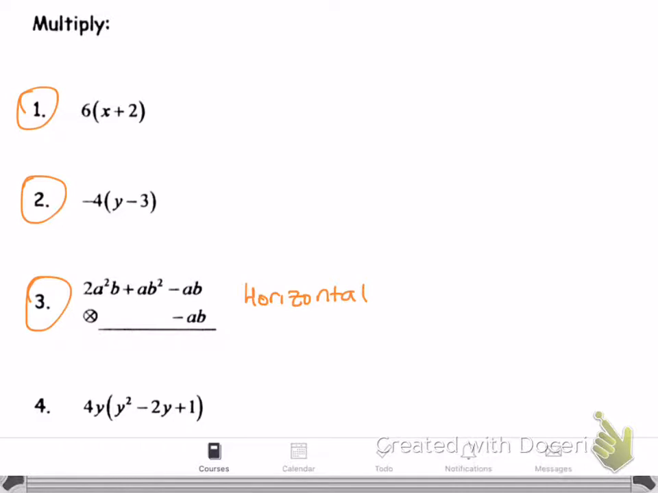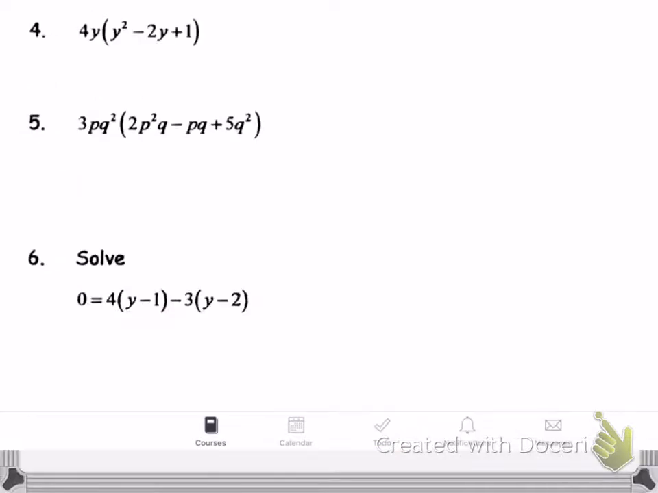And I'm going to do number 4 together with you right now. So 4y times y squared, I need to distribute this 4y. And so 4y times y squared gives me 4y cubed minus 8y squared plus 4y. And so when I distribute, that's my new trinomial. Okay, so numbers 1, 2, and 3 are also going to be homework that I'm going to be checking. And let's also just say numbers 5 and 6 will also be homework. So I know with the notes, I just want you to try to practice. If you need some help,